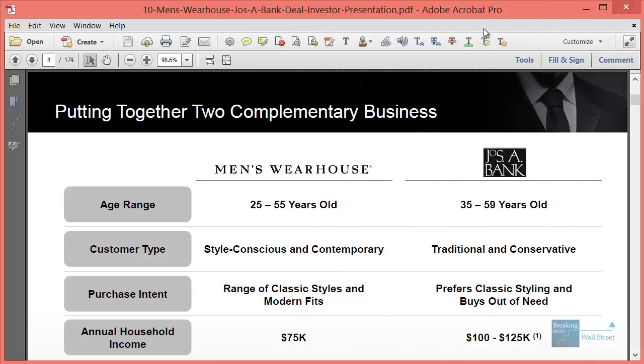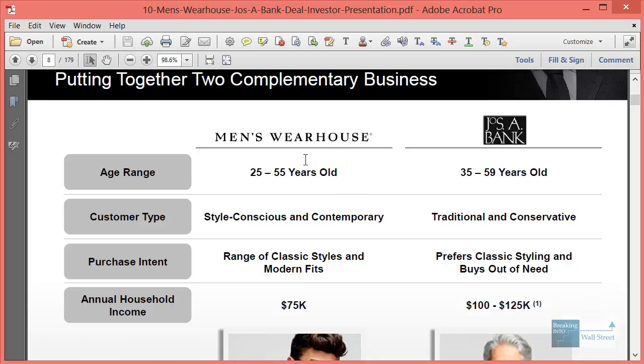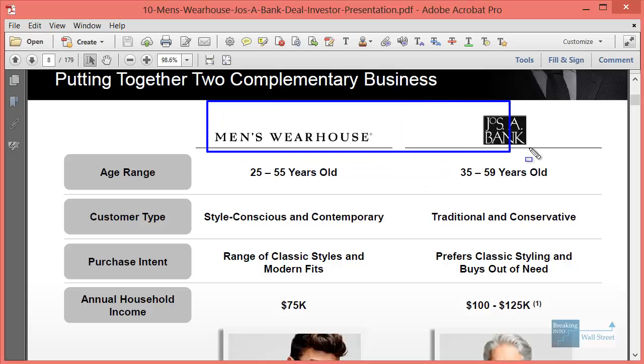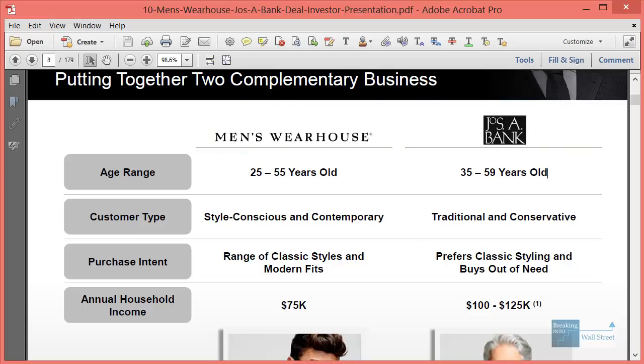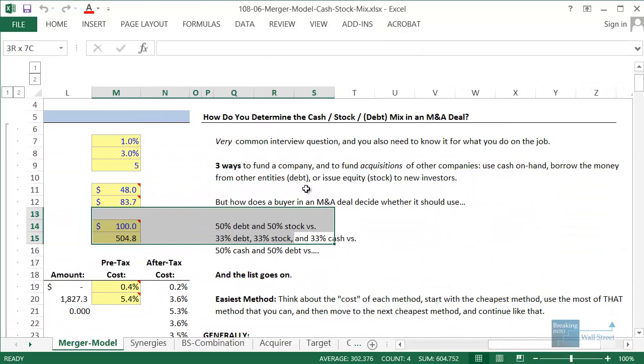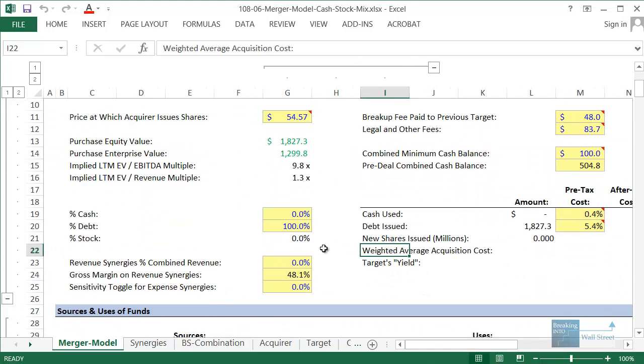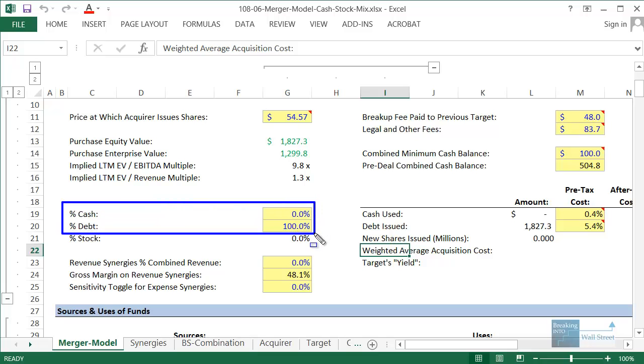Another tutorial video. This time around, we're going to be looking at a deal that we've examined in some of these videos before, which is this merger/acquisition between Men's Warehouse and Joseph A. Bank. And specifically, we're going to look at one key aspect of this deal and really any type of merger or acquisition, which is how do you determine the mix of cash, stock, and debt being used to fund an M&A deal? So here, for example, if you look at our assumptions, we're using 0% cash, 100% debt, and 0%